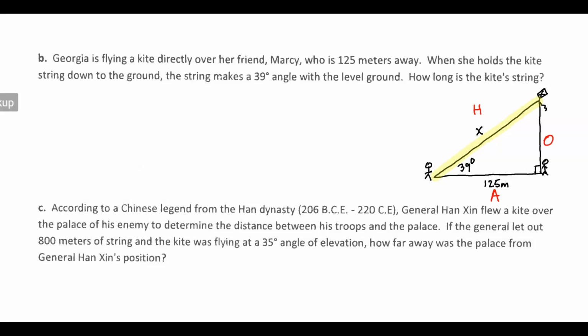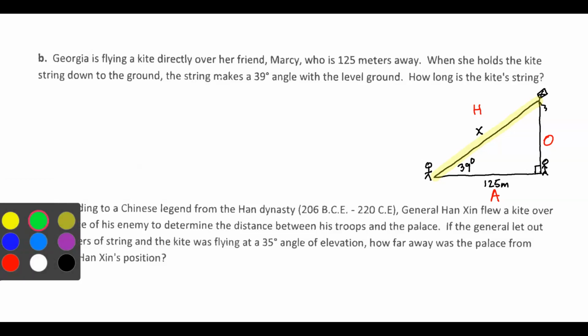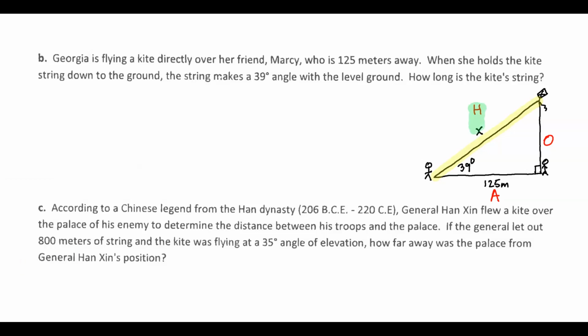Now I just need to figure out which trig function I'm going to use. I know I'm going to be using H because I have to find x, and I know I'm going to use A because they give us the 125. We know sine is opposite over hypotenuse, cosine is adjacent over hypotenuse, and tangent is opposite over adjacent, and we've got A and H, so that's our cosine. So we're going to do cosine